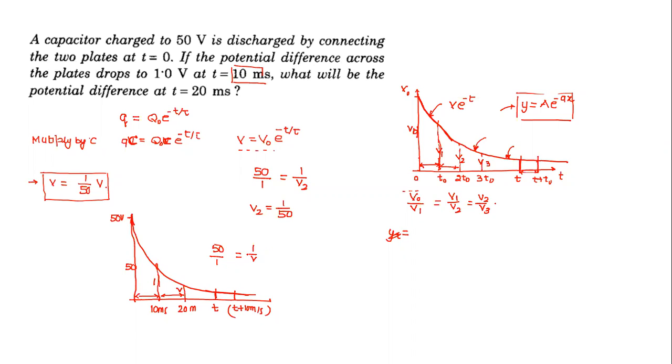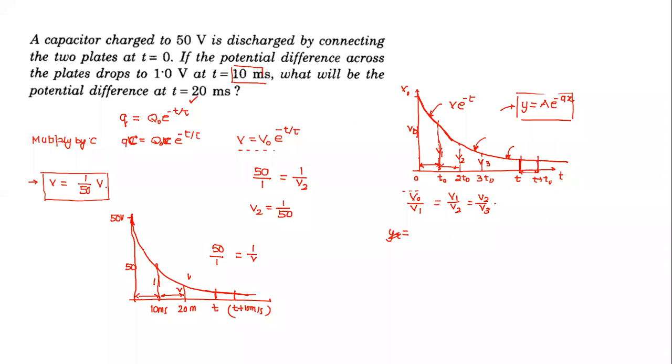And can we find a proof for this? Vignesh, can you prove this one? You are always getting 100 to give me the proof for this. Sir, the constants actually get cancelled, so the ratio is constant. Suppose if we take t naught, we get e to the power minus t naught by t, and 2 t naught, e to the power minus 2 t naught by t. Yes, correct. So it will get cancelled, and the ratio will remain constant. And we can use this property. So this question can be very easily understood and solved if you use this property.